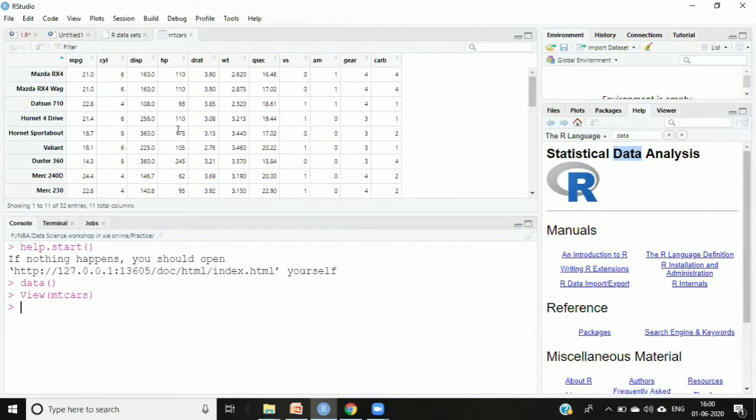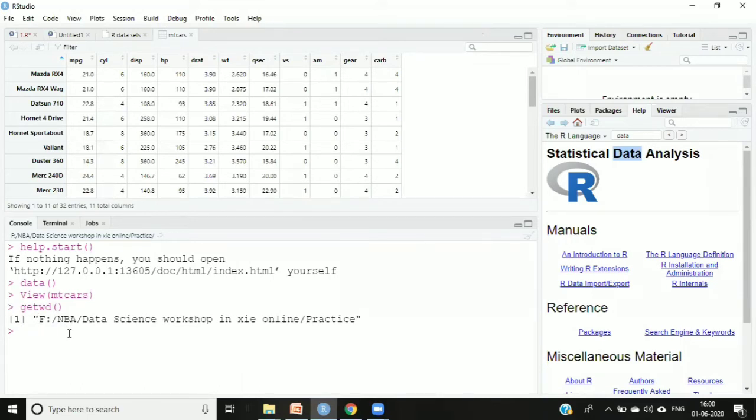So now, till now, I have fired only a few commands like getwd, then setwd, right? getwd is for getting the working directory. I fired this particular command getwd for getting the directory. getwd will give you the current working directory. In your case, it will show you the project directory. Then the setwd command is the command by which you will be able to set the directory. The only thing you need to do is mention the path inside this. In double quotes you will have to mention the path. It will set the working directory.